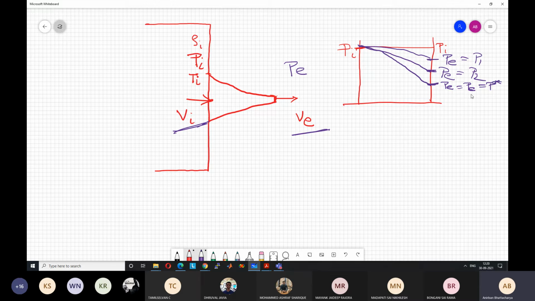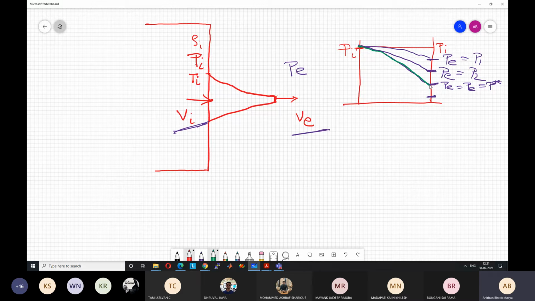Critical pressure. So if I decrease the pressure further at the outside, what will be the exit pressure of the nozzle? P star only, it will not decrease. Correct, because there cannot be any change within the nozzle anymore. We have reached the maximum mass flow rate because the highest velocity, which is the sonic velocity here, has been reached. That's why we are calling it a choked nozzle. It cannot increase.